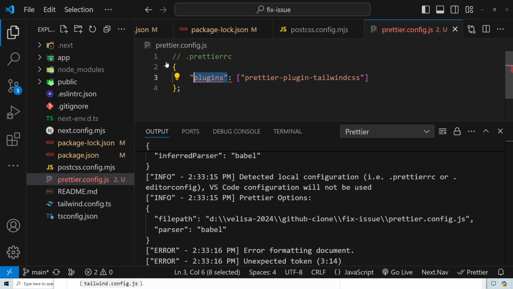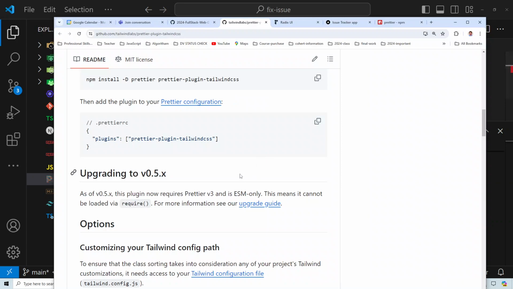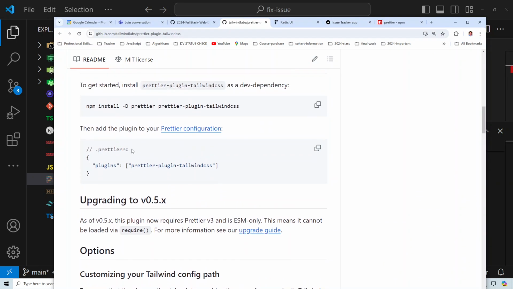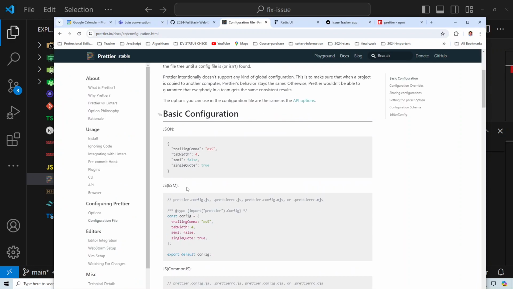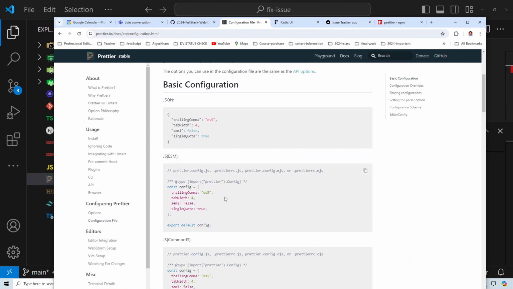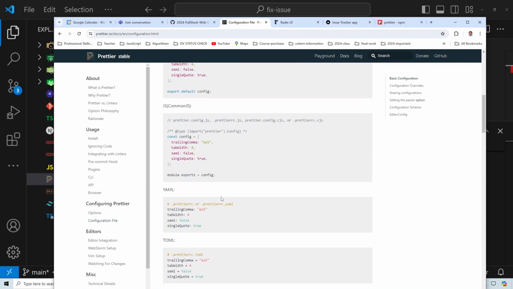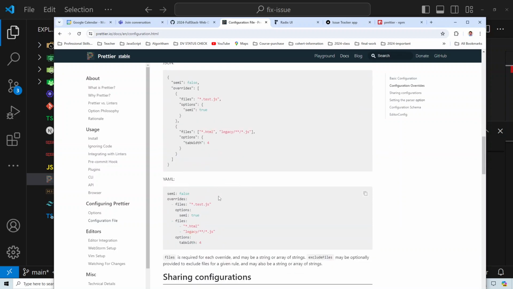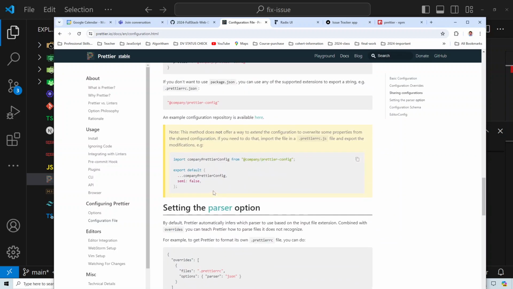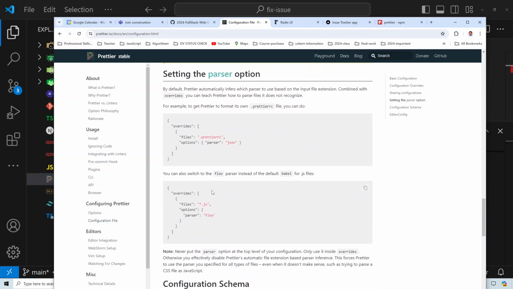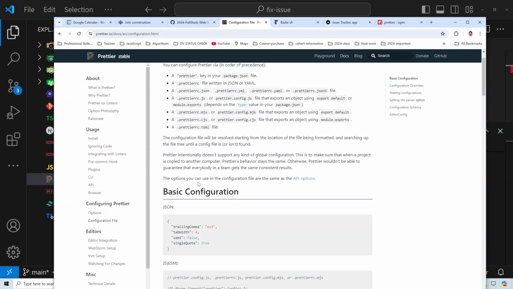So this is the object. This is the property name and the value is here. That's it. That is all that is here. This is .prettierrc, right? Then add the plugin to your prettier configuration. Let me see what that is. And I used it one time before. I didn't get that error. So anyway, yeah,